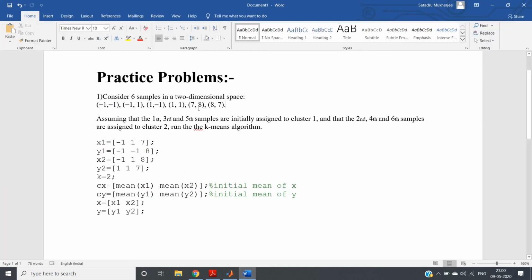The trick here is that, instead of giving the initial means directly, they will tell you that these points come in cluster 1, these points come in cluster 2, these points come in cluster n, and so on. From that you calculate the means. Those are the initial means of your algorithm, basically the means of those individual data points. Then you merge all the data points and apply the K-means algorithm as earlier. That's all. I hope you have understood the problem and how you can approach this kind of problem.